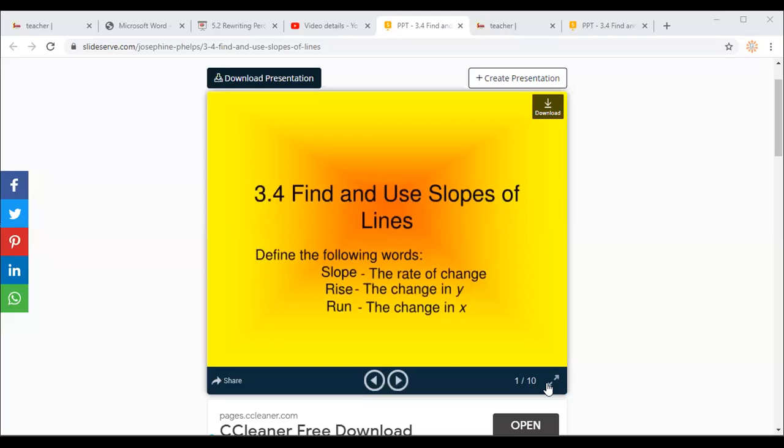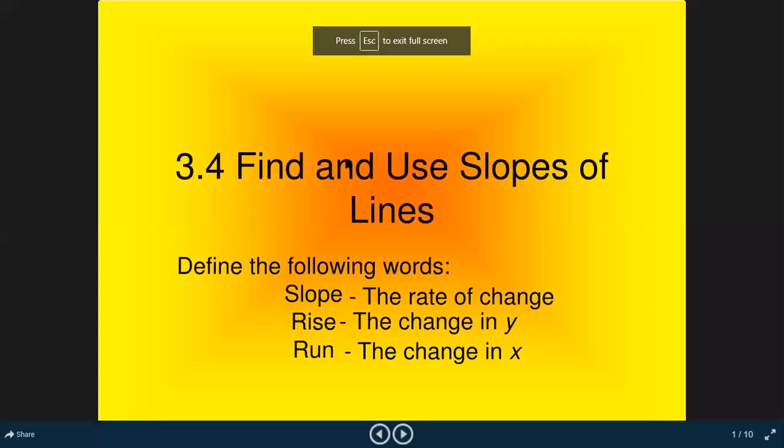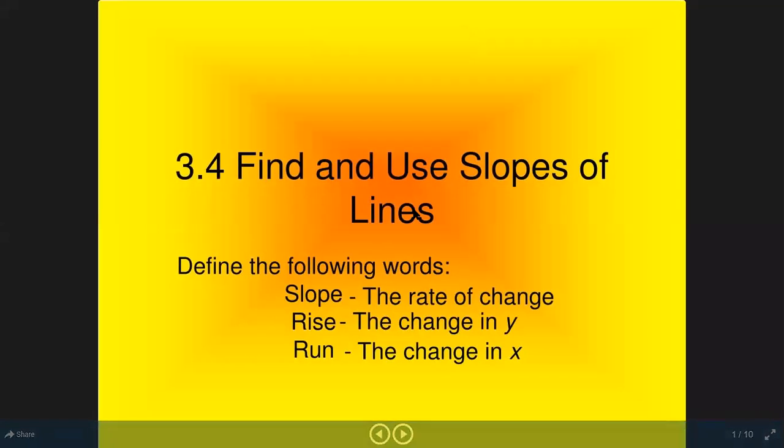In this lesson, we are going to study how to find the slopes and what is the relation between the slopes of two lines, when the slopes are equal or when the product of the slopes equals -1. Let's start first with